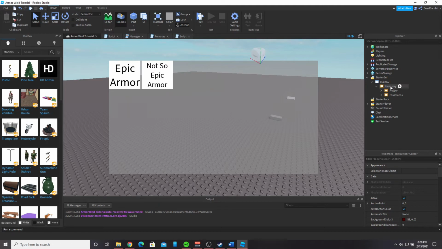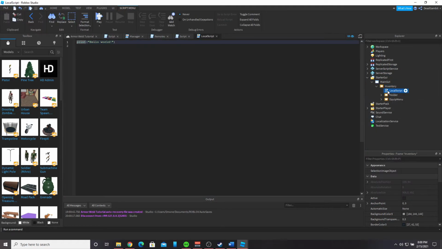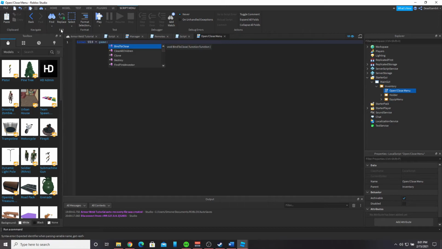Let's do this actually. Let's throw in, call it open close menu. Basically, we're just going to have this one open and close like a normal inventory, like you press E or M to open up an inventory or not. So what I'm going to do is local UIS equals game:GetService, UserInputService,